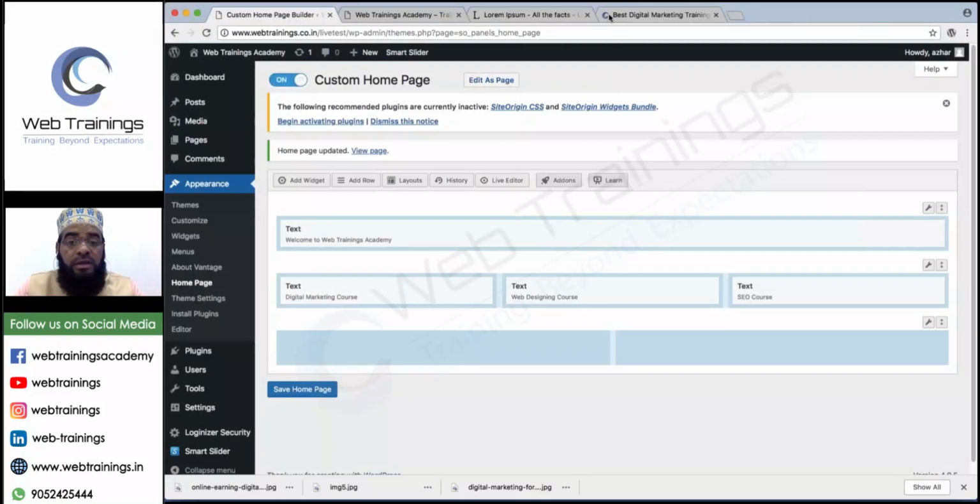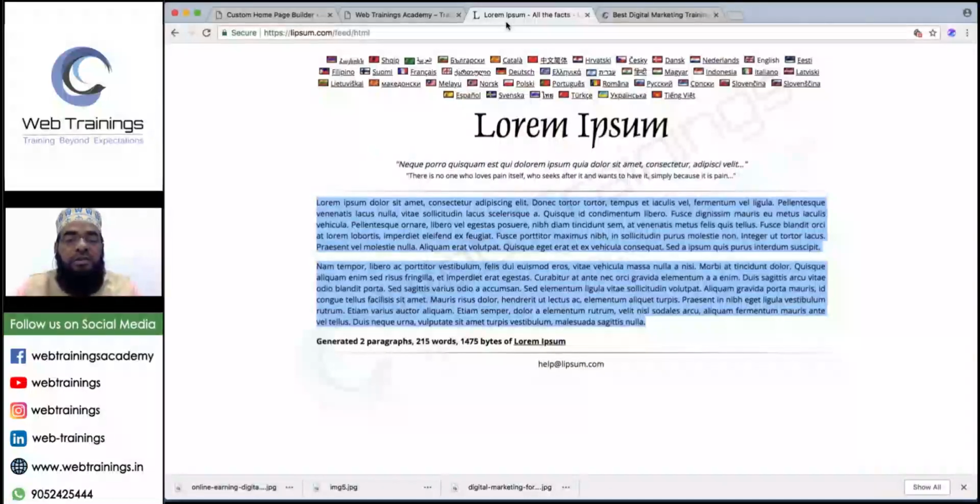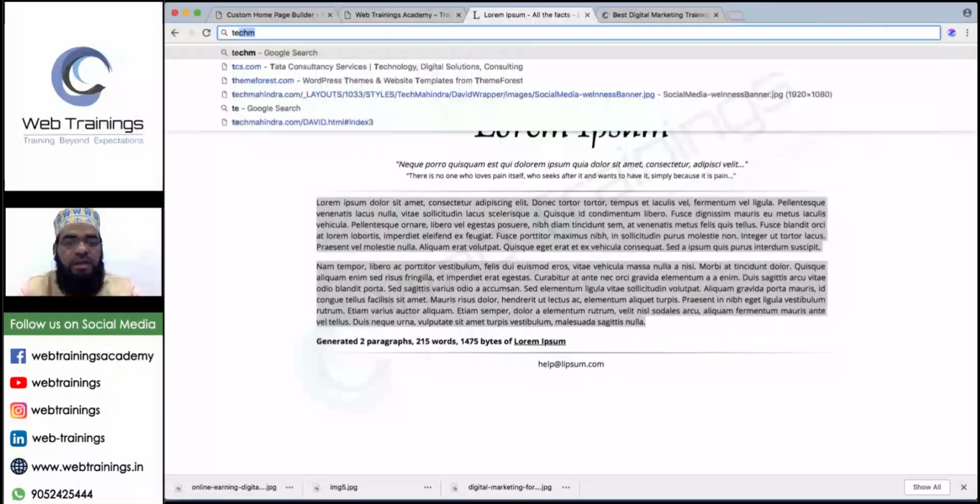But how will I know which plugins are useful, which are better in real time? Now, this is where experienced professional will already have all this knowledge, whereas fresher like you have to work and practice, then you can do a lot of projects, then you can remember all these plugins and their names. So I will do a simple Google search to find out what testimonial plugins